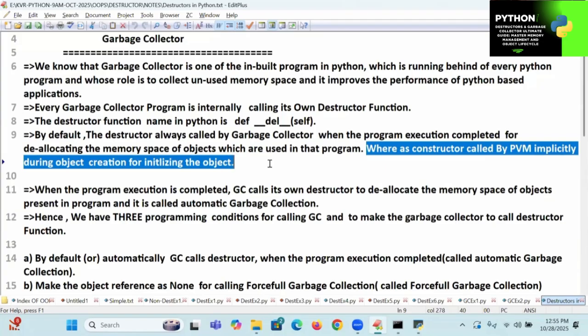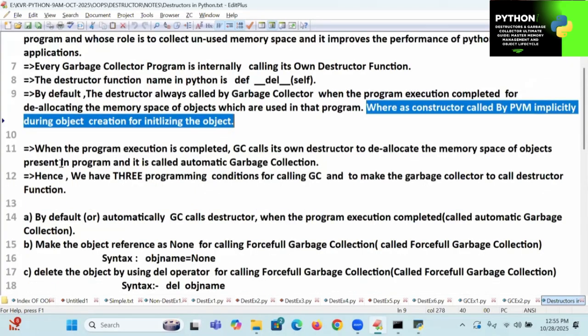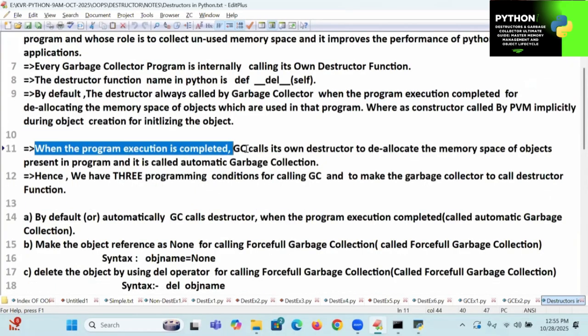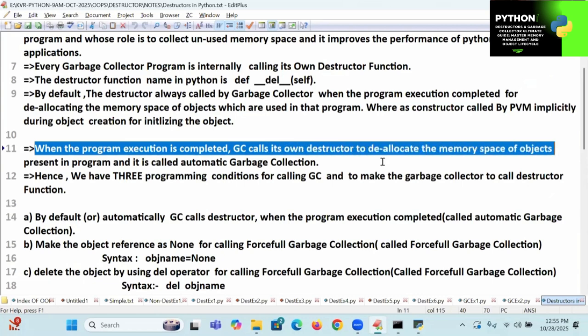Next, when the program execution completes, GC calls its own destructor to deallocate the memory space of objects present in the program, and